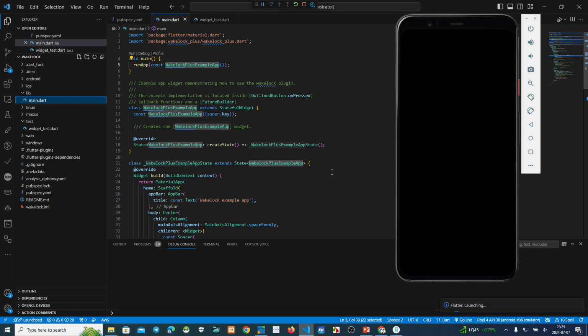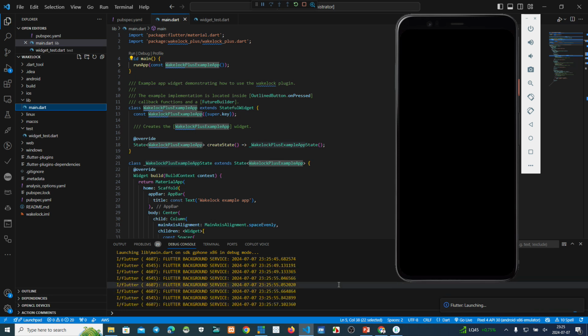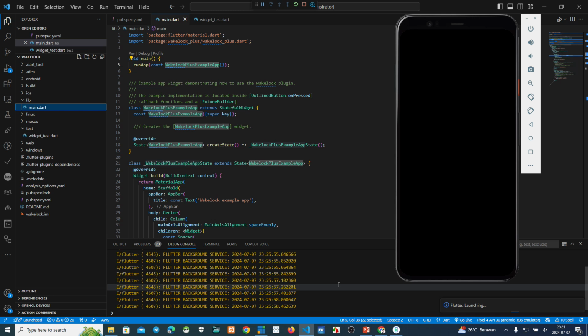After that, we integrate this plugin, I mean the wake lock plugin, into our project. Maybe this process will take 1 minute, so wait a moment, please.